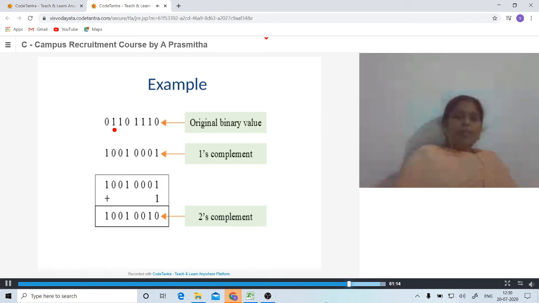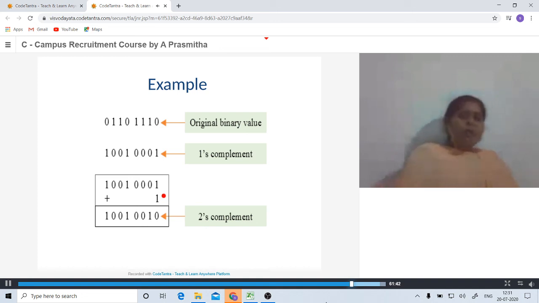See, this is the original binary number that we got, and this is converted into 1's complement by changing 0 to 1, 1 to 0. So all 1's are converted into zeros, all zeros are converted into 1's. So this is our 1's complement. After getting this 1's complement, we are going to add a carry which is equal to 1.